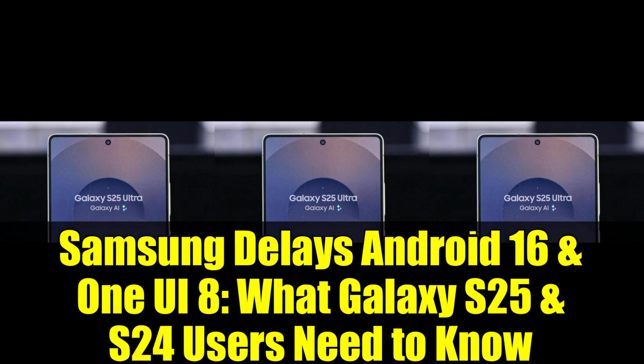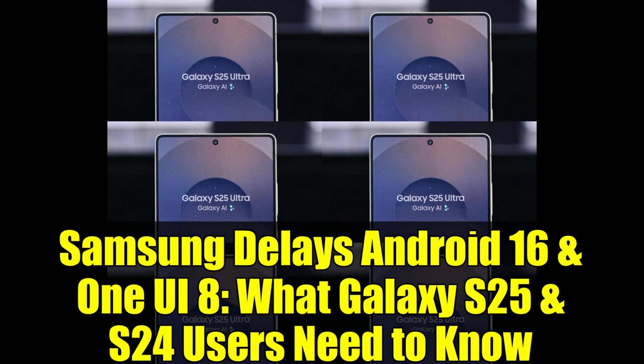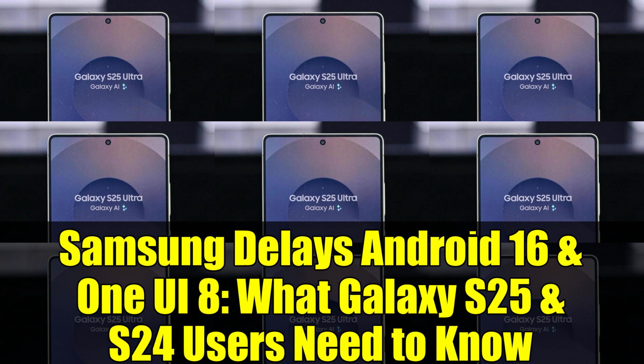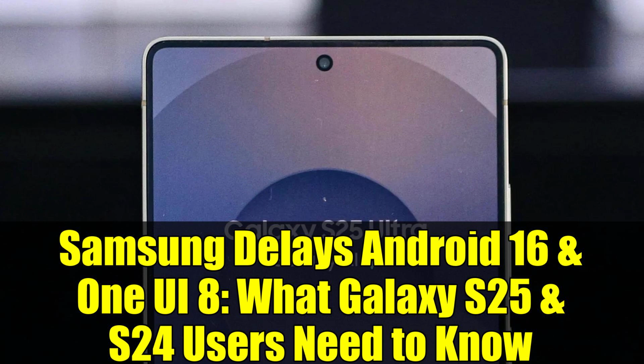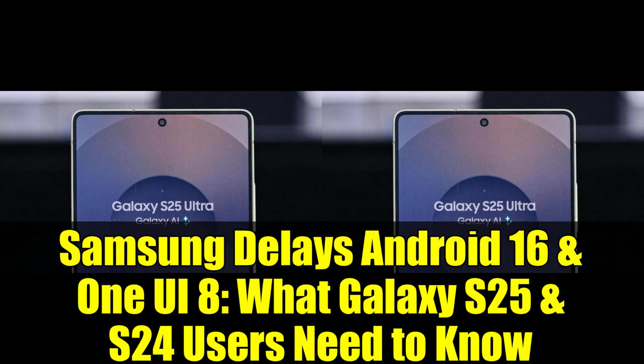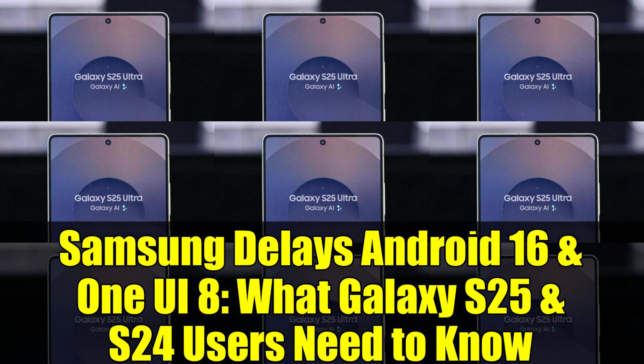According to reports from SamMobile, while we were on the verge of a stable One UI 8 release for the Galaxy S25, the unfortunate news is that the beta update for One UI 8 has removed features and delayed the final release, effectively complicating the situation further. This news is not just a bitter pill for Galaxy S25 owners to swallow. It also significantly impacts Galaxy S24 users, who have already endured the delays associated with One UI 7. Once again,